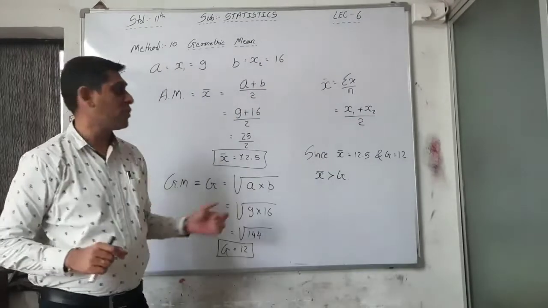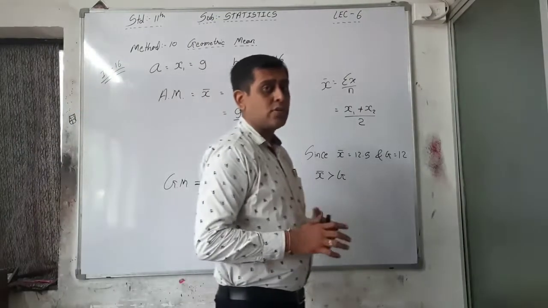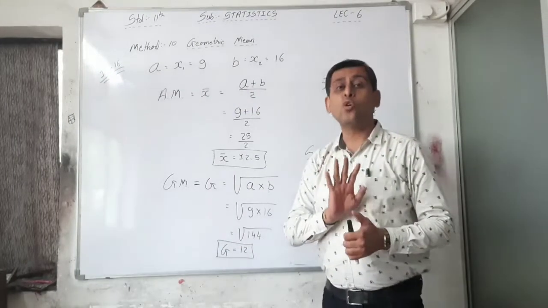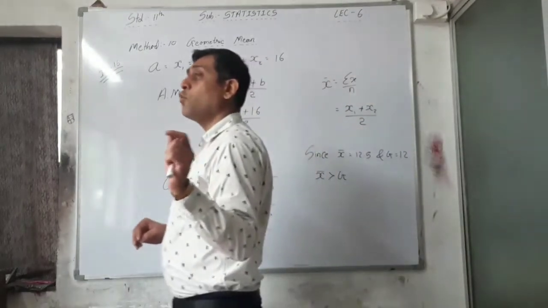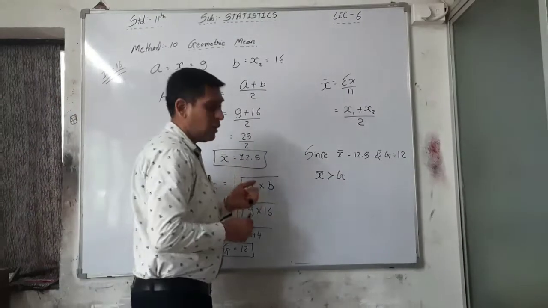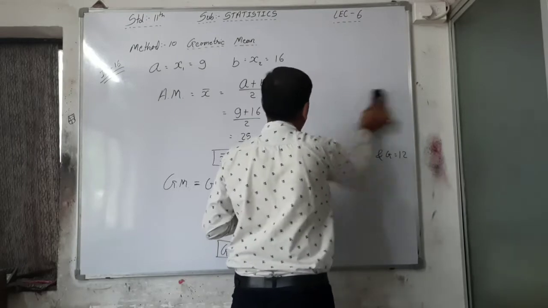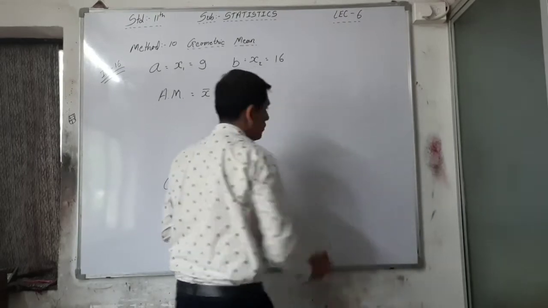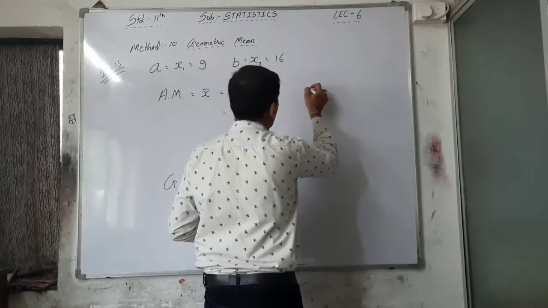First, if 2 observations are given, you have to find the square root. Then if 4 observations are given, you have to find the 4th root. But here 8 observations are given, so you have to find the 8th root. How can you find it? First, see here, I am explaining to you, and write this one down in your fair book also.